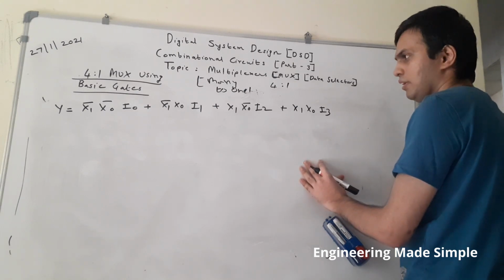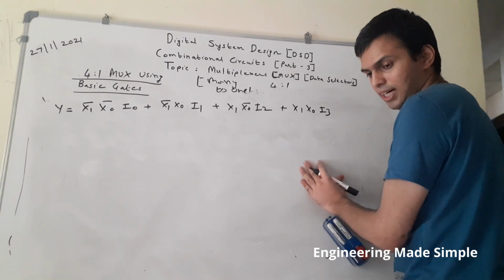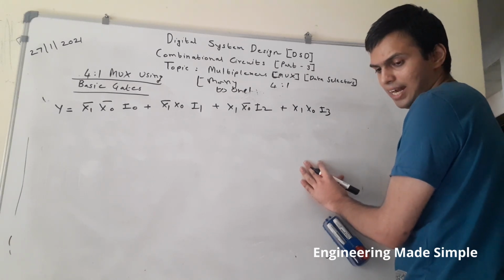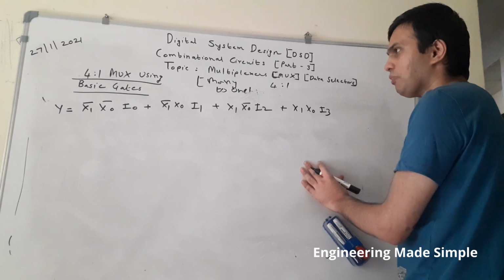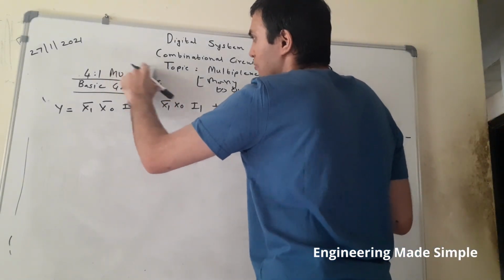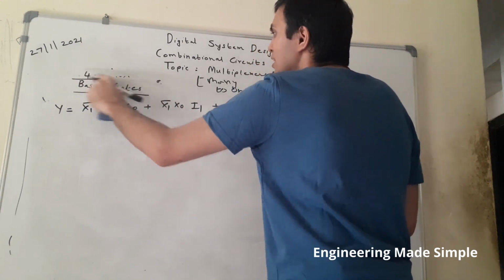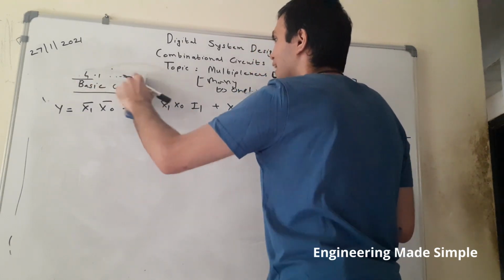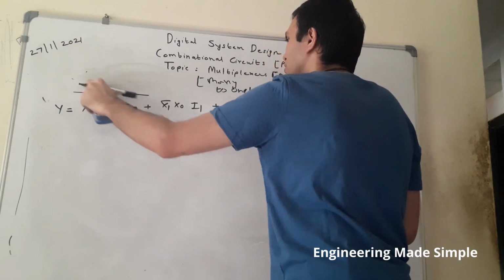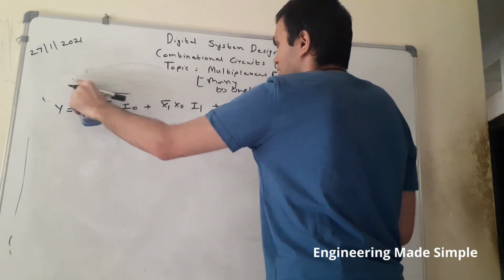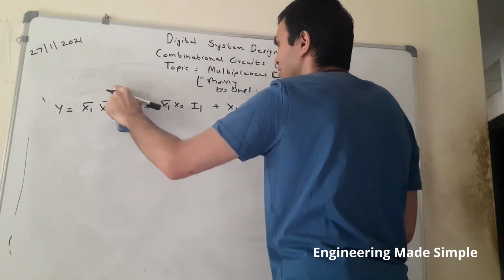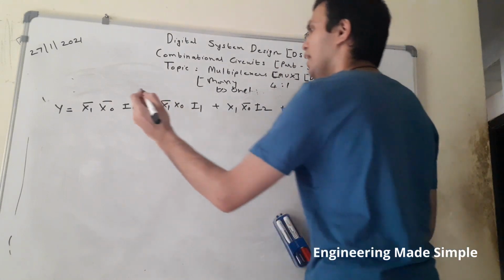Now if you want to implement this multiplexer circuit or realize the multiplexer circuit using NAND logic, then we have to perform the following steps. So this question is asked sometimes. Implement 4:1 mux using basic gates and NAND logic. So that's the reason I am taking this over here. So implementation using basic gates you just now saw. I will show you the circuit diagram implementation of 4:1 mux using NAND logic.